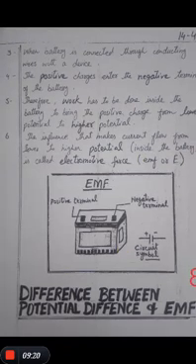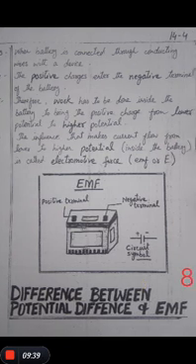When the battery is connected through conducting wires with a device, the positive charge enters the negative terminal of the battery. Therefore, work has to be done inside the battery to bring the positive charge from lower potential to higher potential. The influence that makes the current flow from lower to higher potential inside the battery is called the electromotive force. You can also write this point as the definition of the electromotive force.